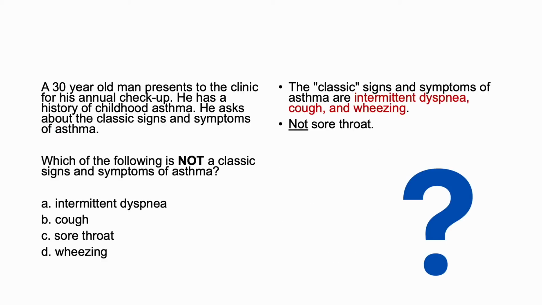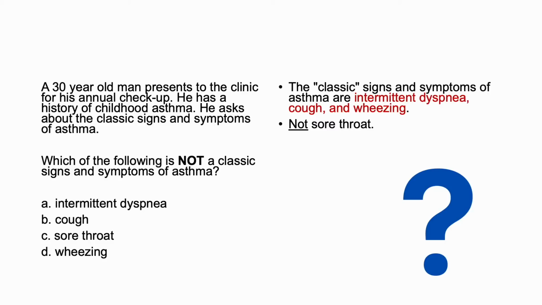A 30-year-old male presents to your clinic for his annual checkup. He has a history of childhood asthma. He asked about the classic signs and symptoms of asthma. Which of the following is not a classic sign and symptom of asthma? Intermittent shortness of breath, cough, sore throat, or wheezing. Keep in mind that the classic signs and symptoms of asthma include intermittent shortness of breath, cough, and wheezing, but